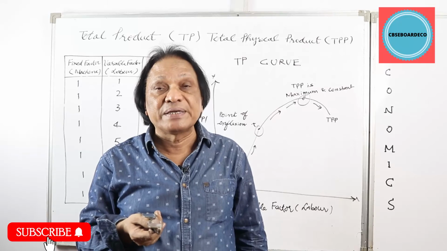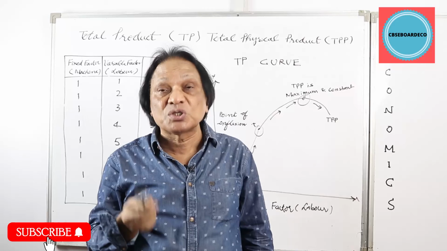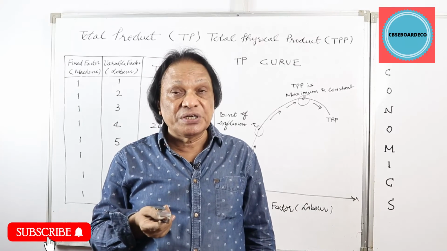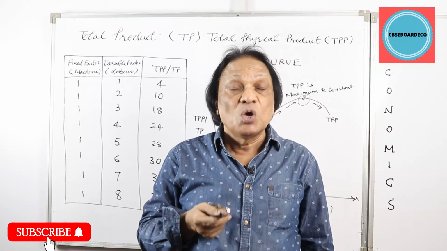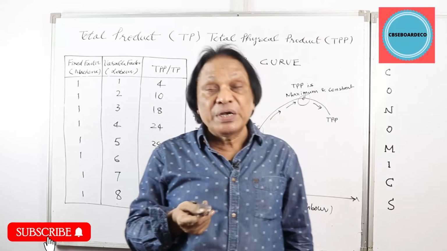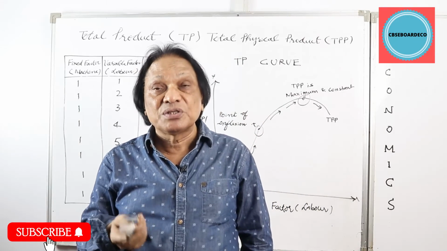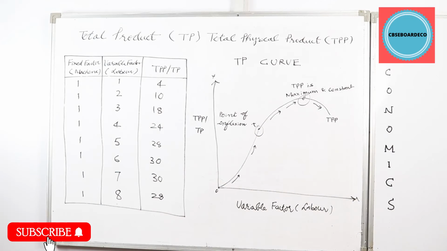That's the reason why the firm is getting increasing returns, because of division of labor, because of specialization. Why is the firm getting diminishing returns and later on negative returns? Because of more congestion, overcrowding, they bump into each other, they come in the way of each other's work. So as a result, the production is coming down. Now look at the graph and table, I'll read it out to you.